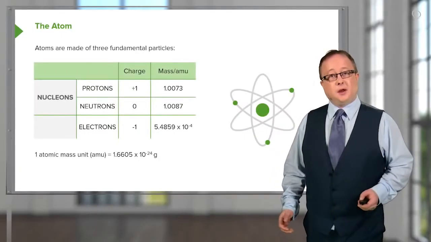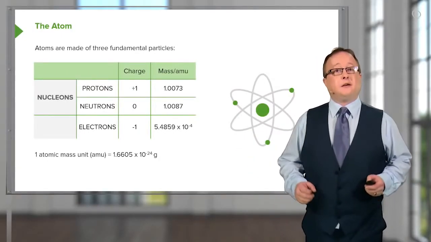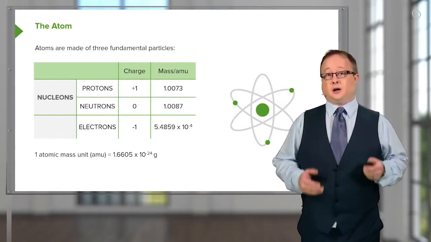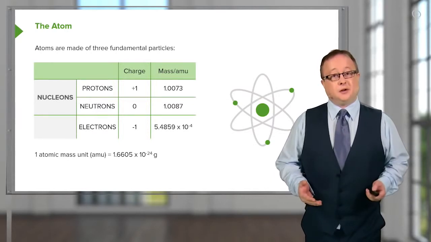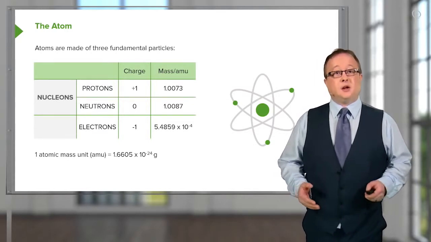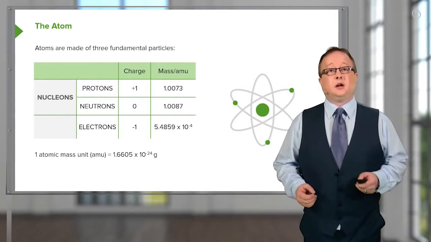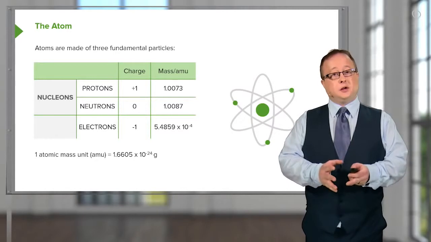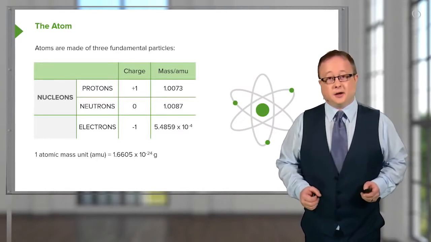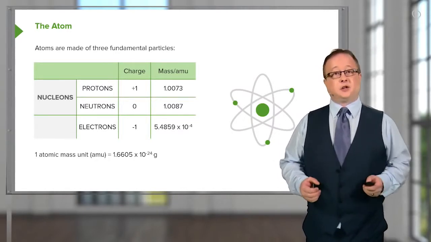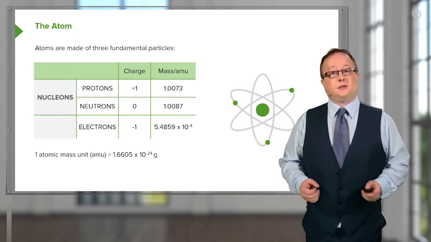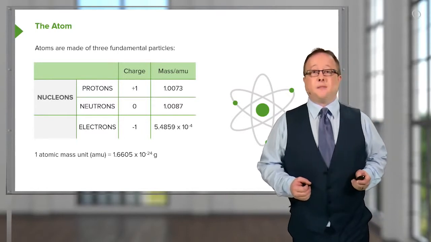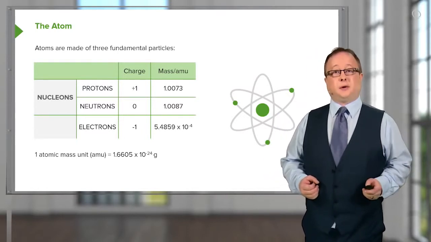If you look at the board, you'll be able to see three fundamental particles that you are expected to be familiar with. They are the proton, the neutron, and the electron. The proton and the neutron are both nucleons. That is to say, they are subatomic particles which reside within the nucleus of an atom. Protons have a charge of +1, neutrons have a charge of 0. And they both have a mass of 1 atomic unit.